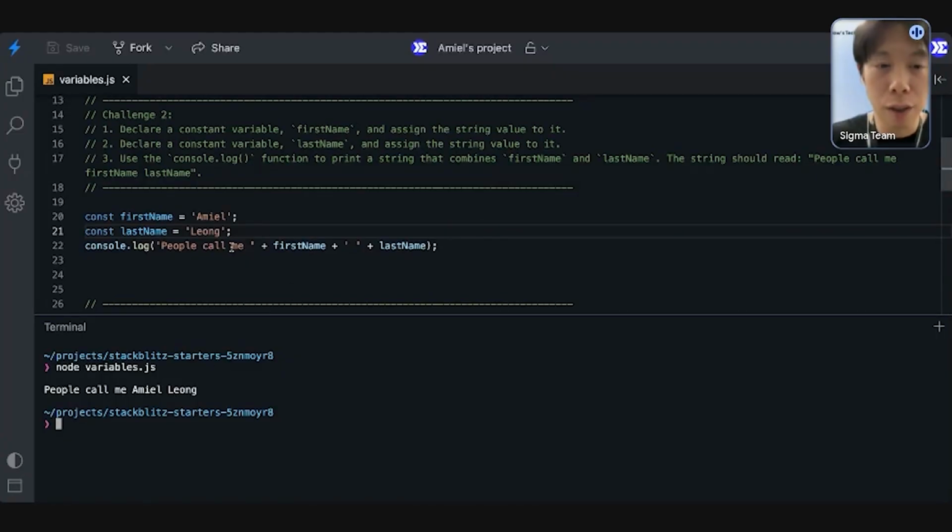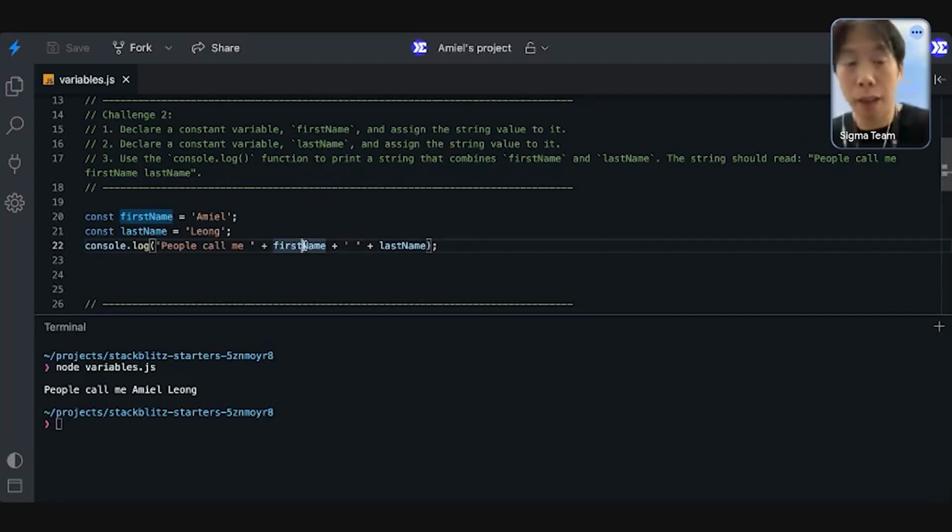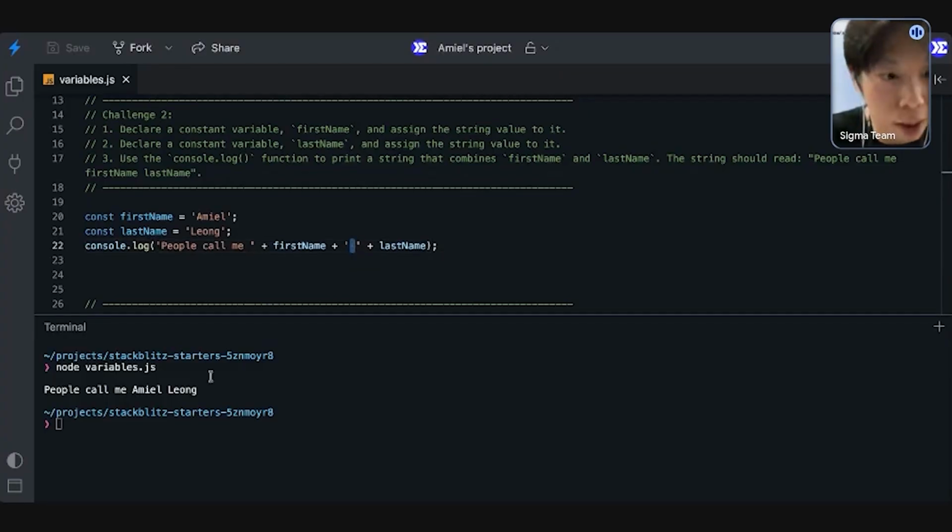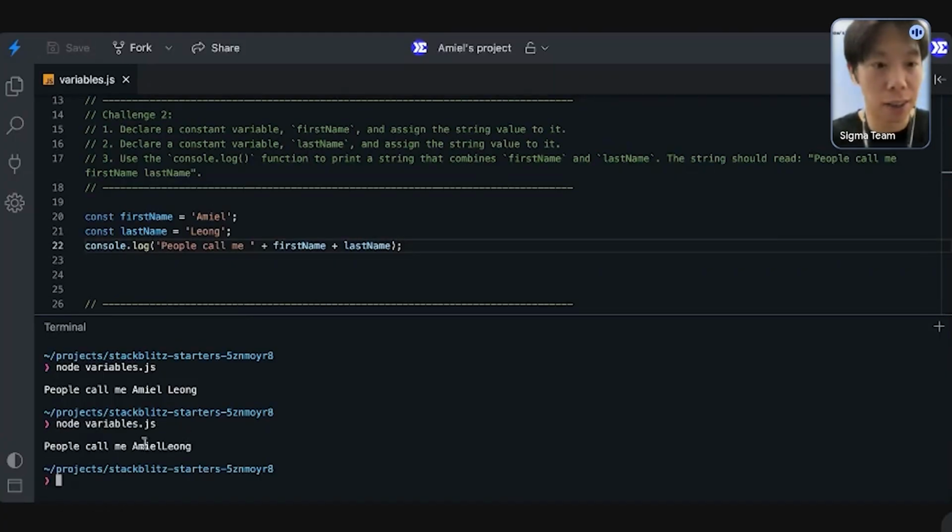So this is how you add variables within a string context. The reason why I added another space here is because the string variable doesn't have any space in between. So if I were to remove this, it would look like this. There's no space in between. So it's totally up to you.